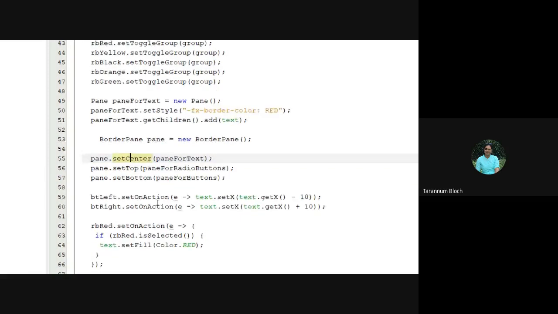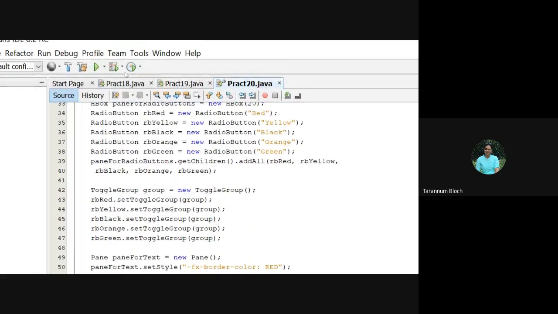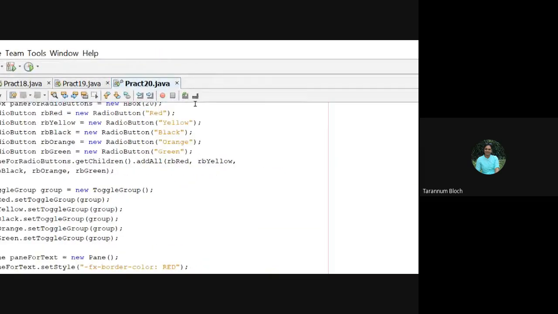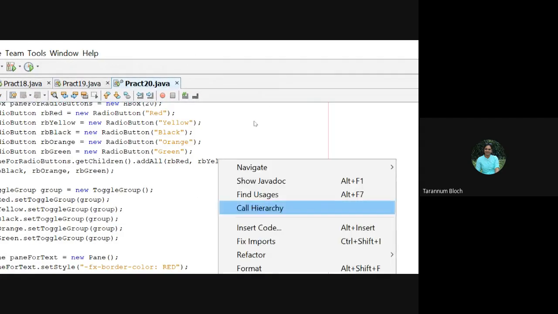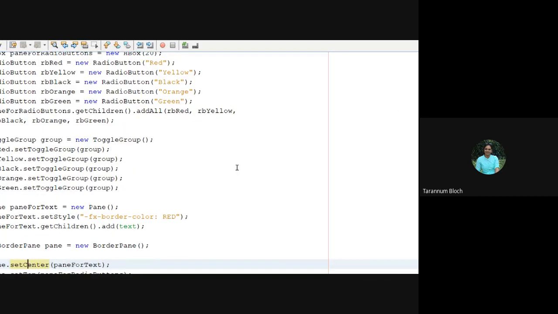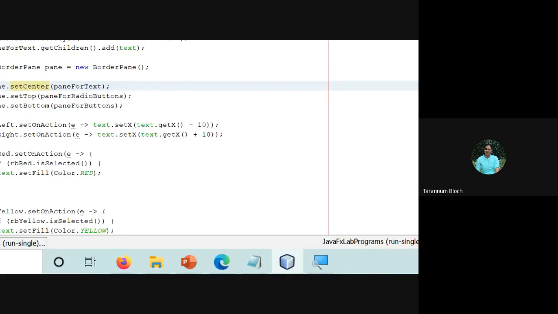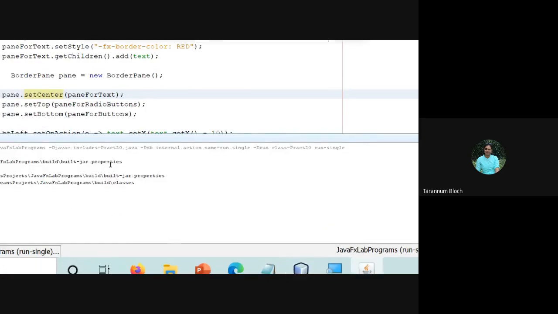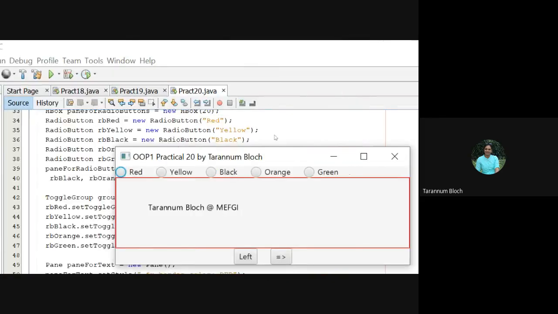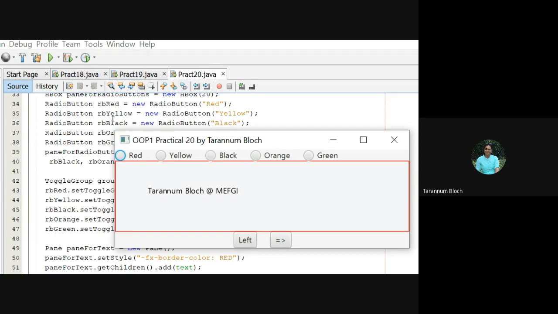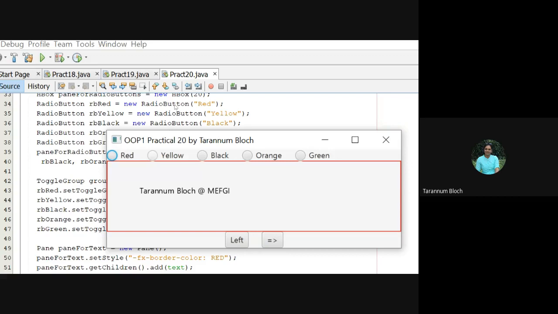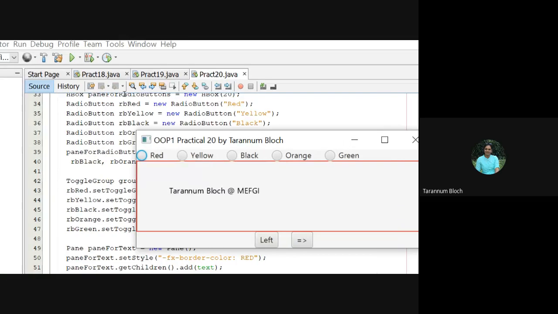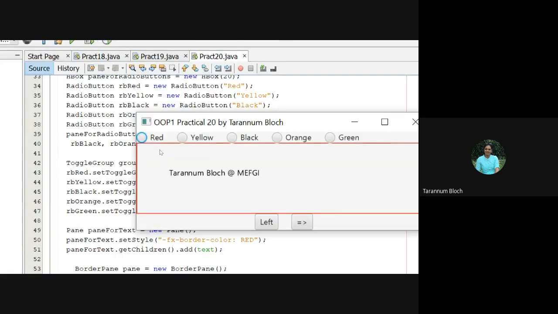We can use the H box when we want to go with horizontal placing. So you can see in this program, we have horizontal placing for your text box, your buttons, these two left and right, and for this radio. So this is the H box. If I would have used a V box, then instead of horizontal, this radio button would have come vertical.